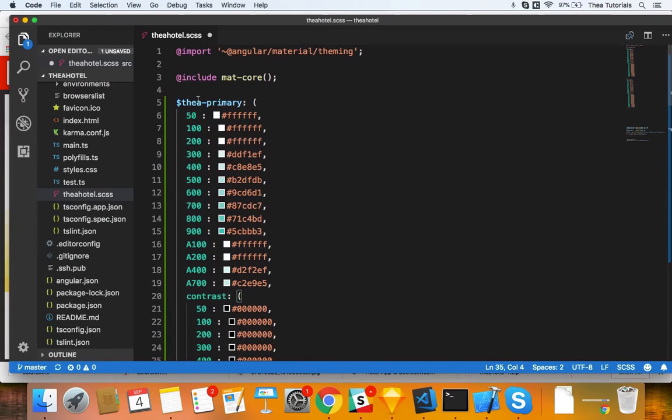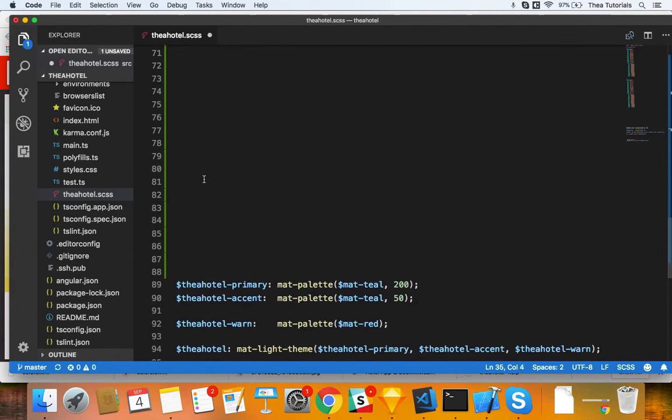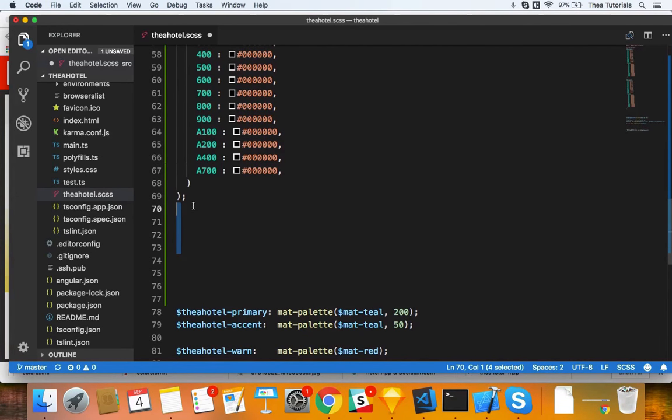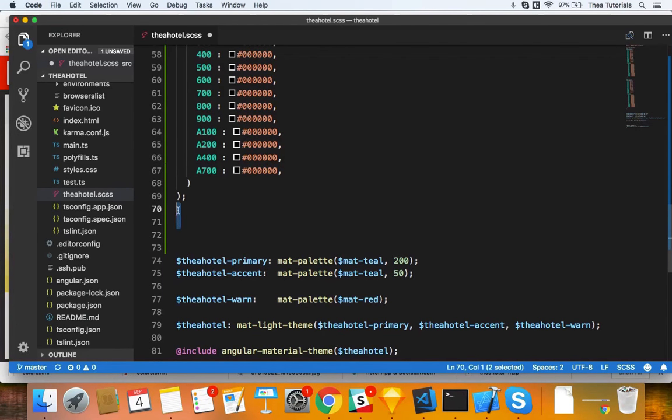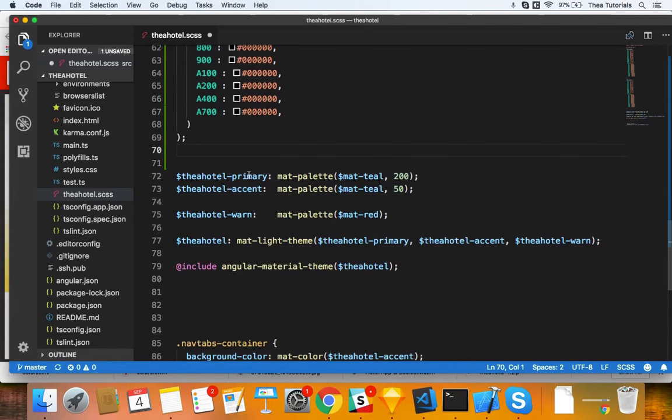Okay, now we define these, Thea primary, Thea accents, and remember we put a bunch of spacing, so I'm gonna just remove some of the white space, and in Thea primary, Thea accent, and this here, the matte teal, you see this here, matte teal,